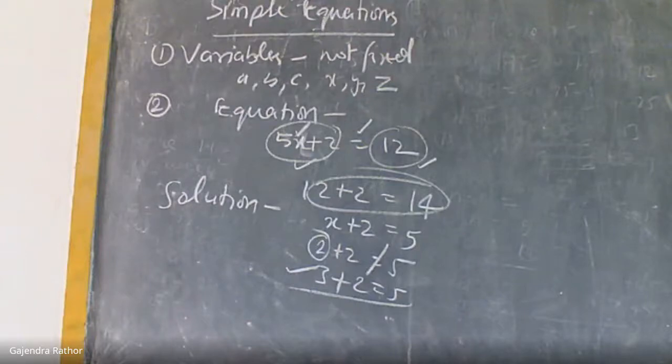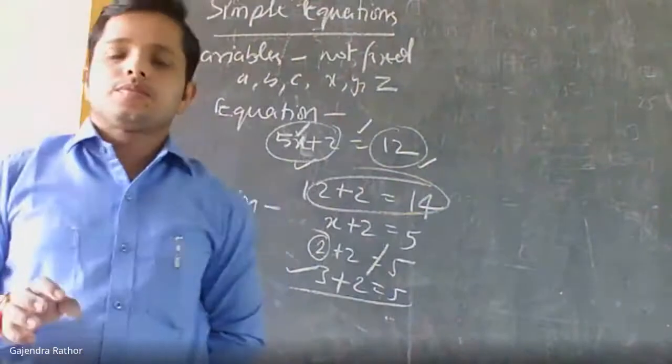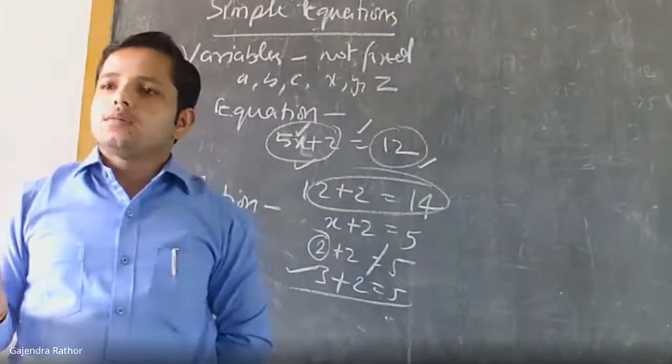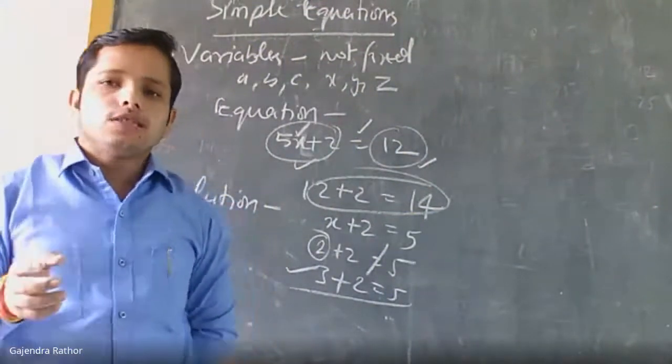Vani is there, 7th A. Once again, solution. I think solution was not understood. Once again,